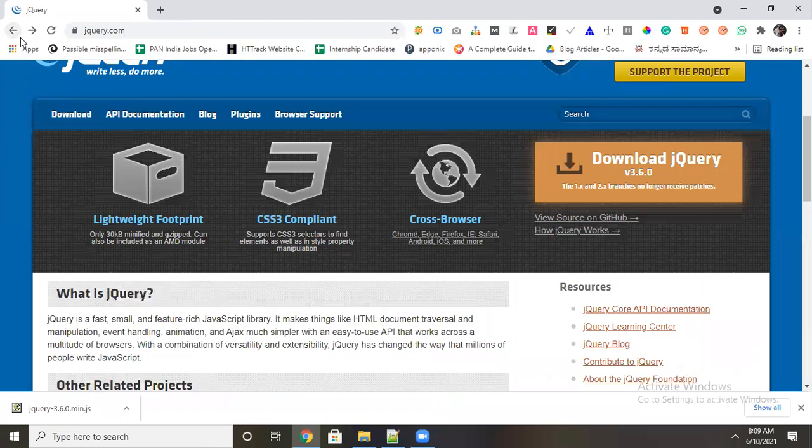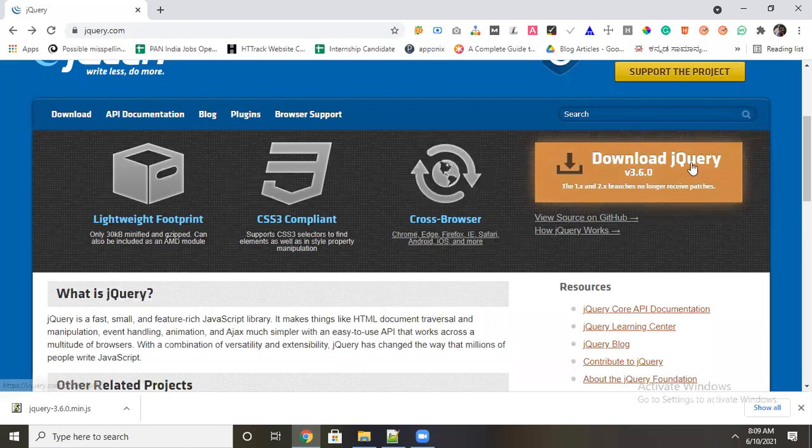Why do we have to use this jQuery? We already have JavaScript. Because of three reasons. One, it is a lightweight programming language. There is no need to write much code. In a small code we can do big tasks compared to JavaScript, and it is compatible with HTML5 and CSS3 also. And it supports cross-browser supportability. What is the meaning of cross-browser supportability? It means it supports different devices. That is one factor.